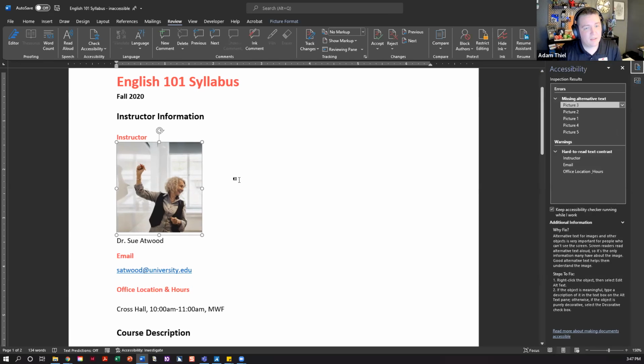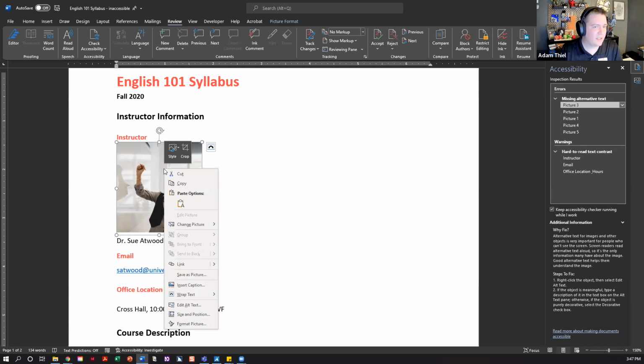The other way to get to that panel, besides the drop down here, is if you just right click on the image. On newer versions of Word, you can just go edit alt text, and the option is right there on the menu. There is a longer way that's buried four or five menus down in older versions, but the option is there, and the option to get to it through the accessibility checker should still be there.